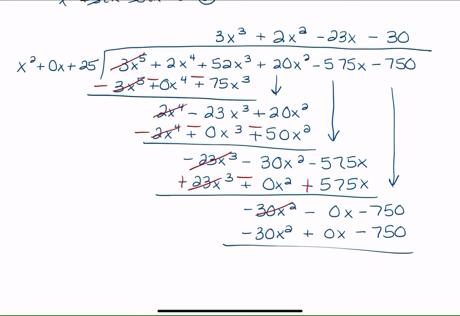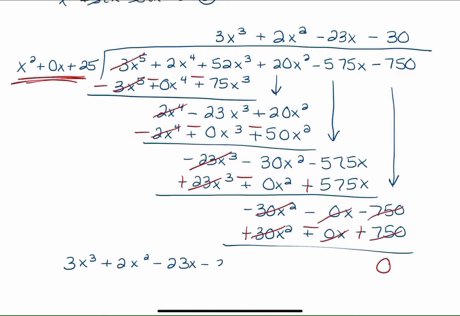Now, if you don't end up with a 0 remainder, when you subtract, sorry, I forgot to change my signs. When you subtract, you did something wrong because you started out knowing that this was evenly dividing into your polynomial. So in this case, if your remainder is not 0, then you need to go back and check your signs. Okay, so now I've got a cubic function